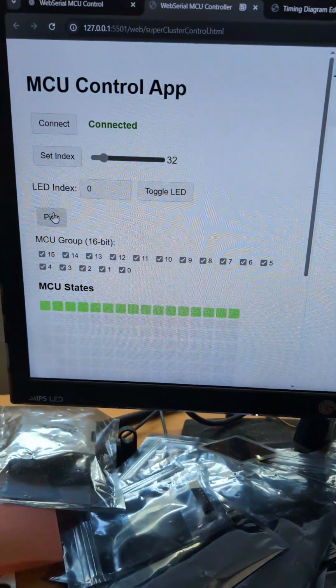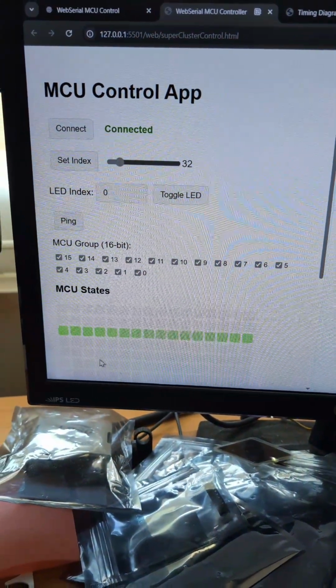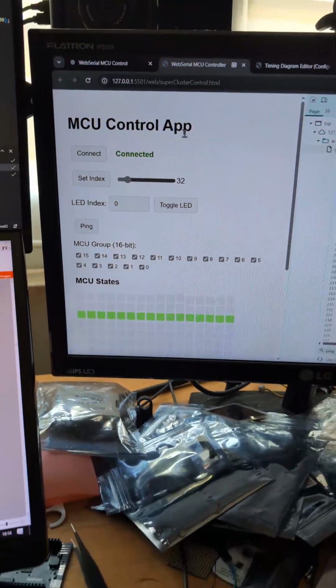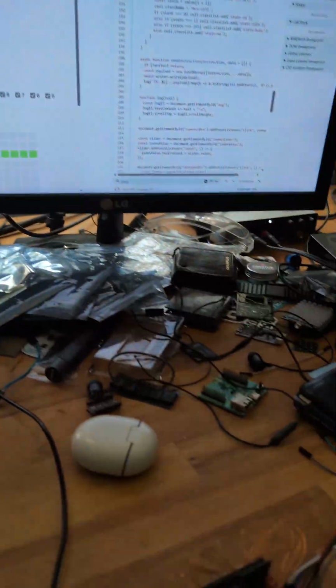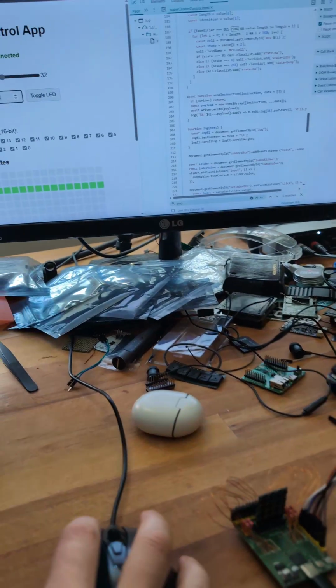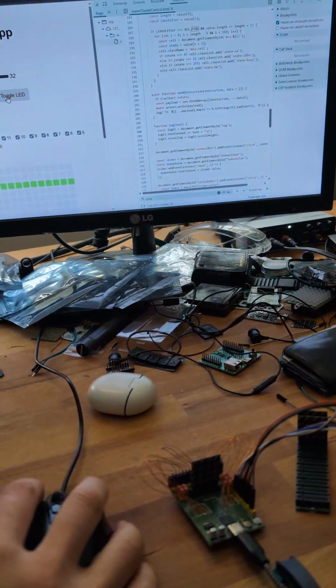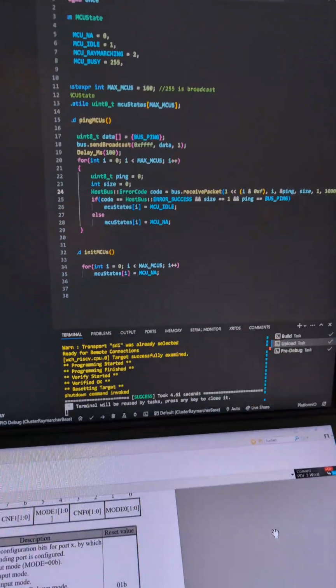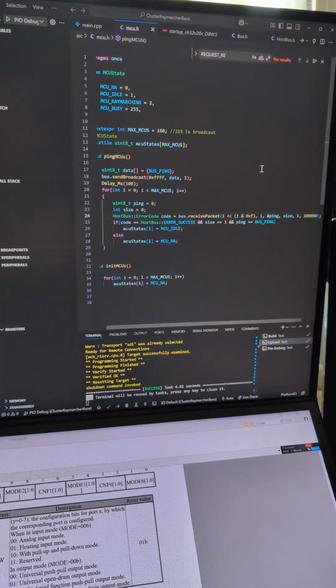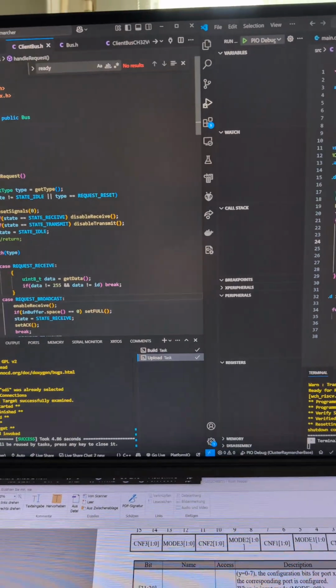So, and now when I ping it, wait for it, bam, yeah, it starts at 32. And I can now also, let's see, blink LED 33, and here we go. That works. And how I solved it, I had to rework everything, refactor the whole